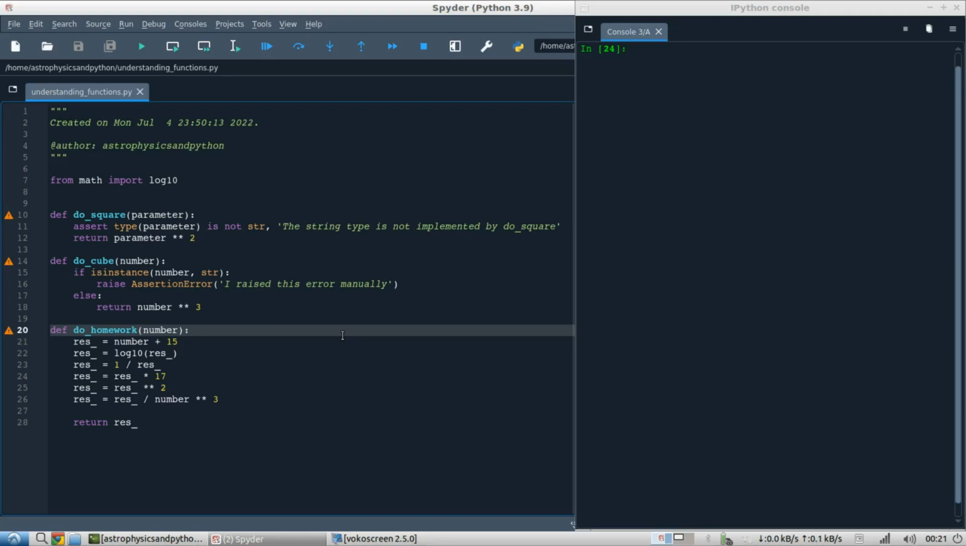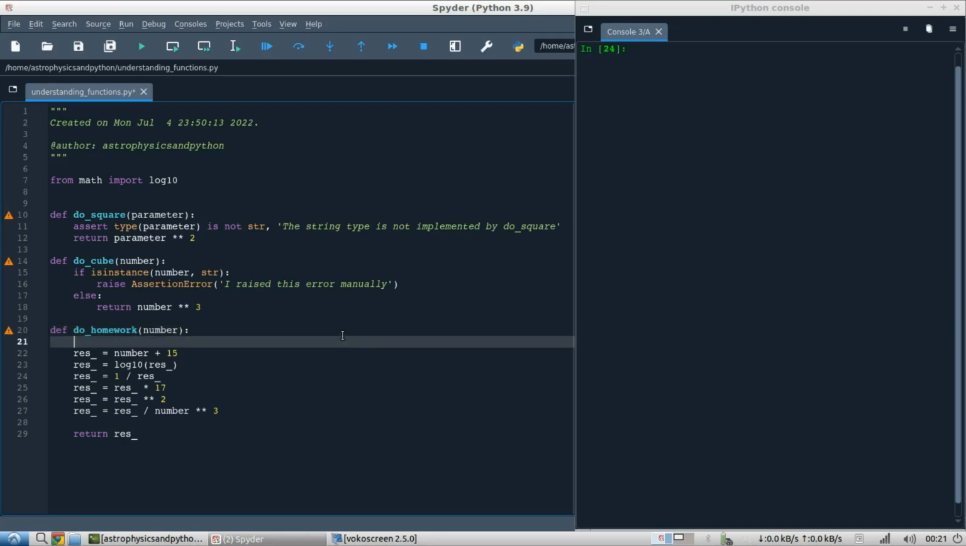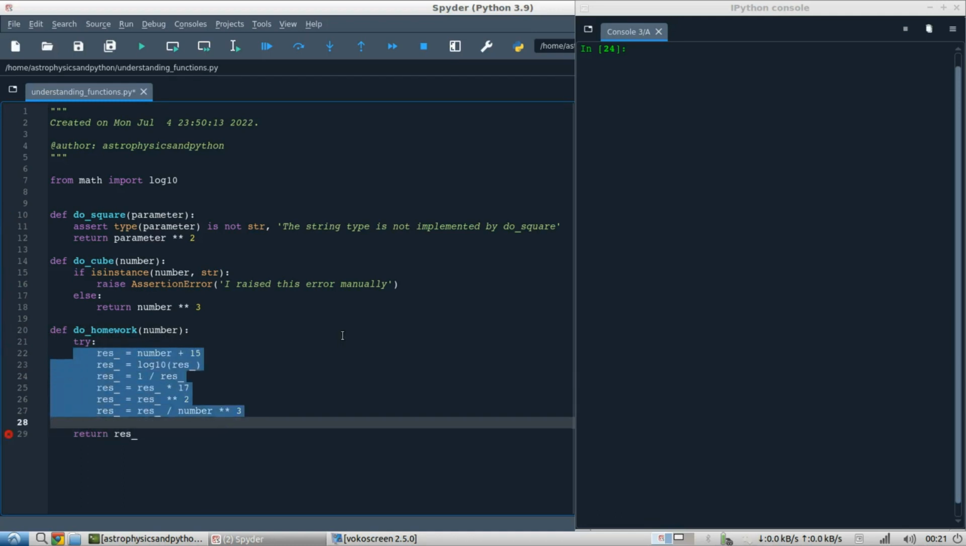So for that to be implemented, what I want to do with the toHomework function is perform the calculations based on a number. Obviously, I do not want to have a string in my function. However, if a user passes a string, instead of raising an error, I want to return a -1. So let's try to implement that. Try this whole code block